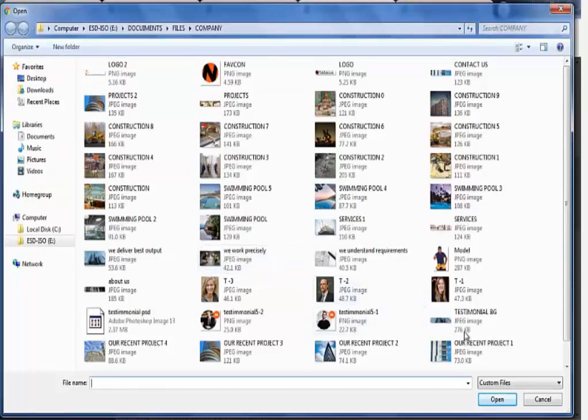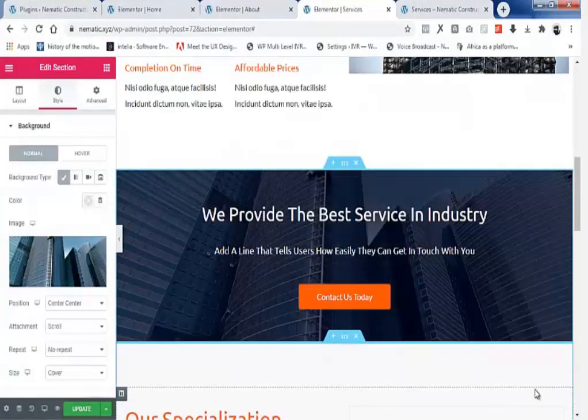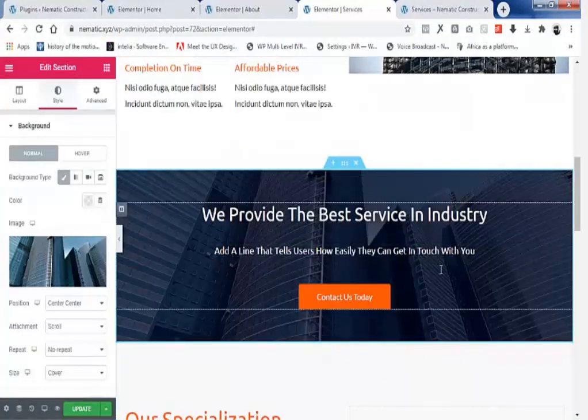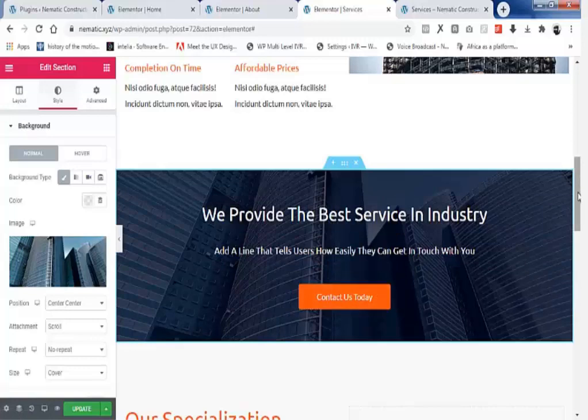Okay, we're going to be using this picture which is testimonial BG. I'm going to click on it and click on open. Alright, I'm going to click on insert media. Okay, so this looks cool. You can click on each of these texts, and also you can click on this button to modify the settings of the button.